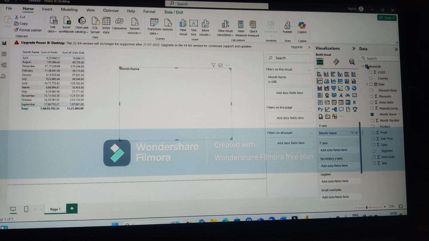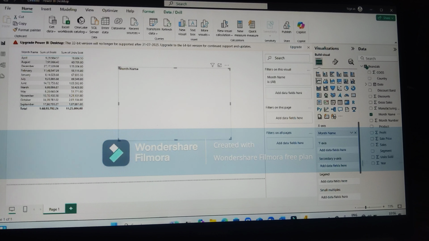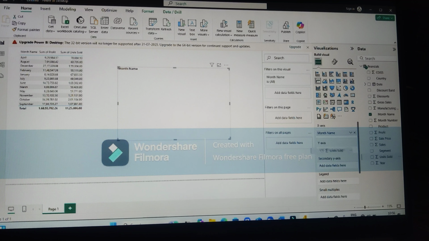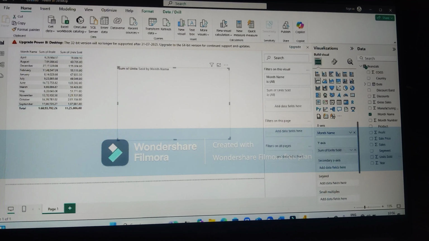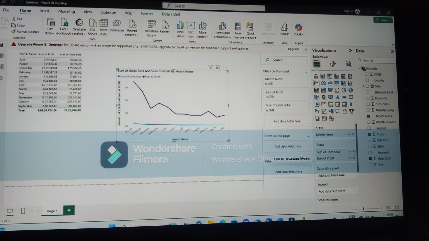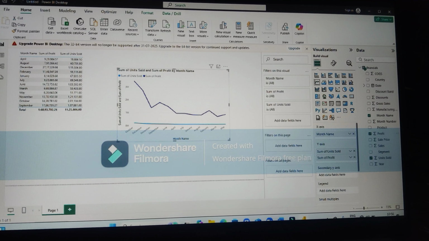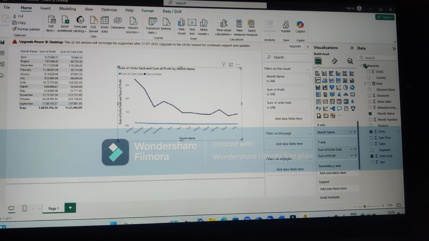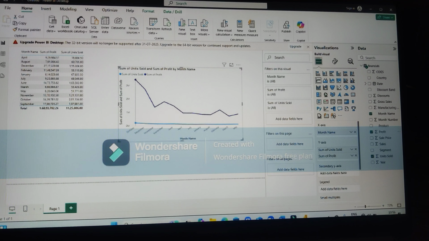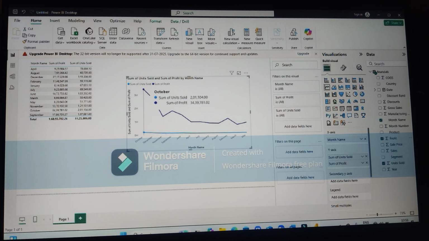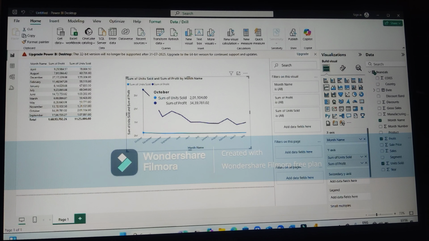In the y-axis I want to see the items sold, then the profit. So here it clearly shows month wise the number of items sold and the profit. There is a tooltip. When you take the cursor to this point, it is going to show the details. Or if you want to see